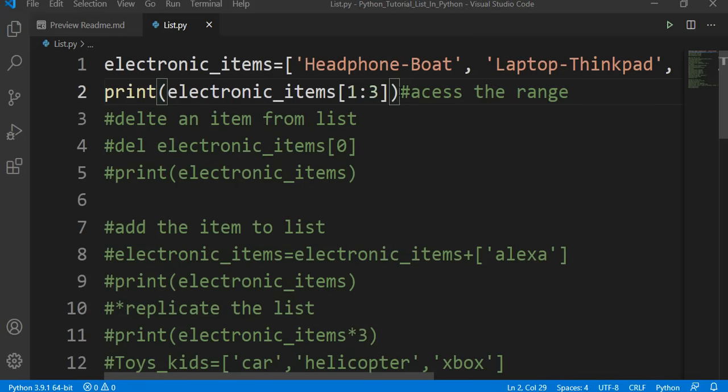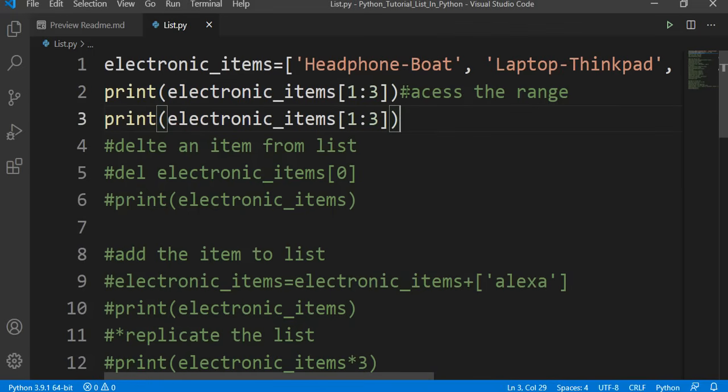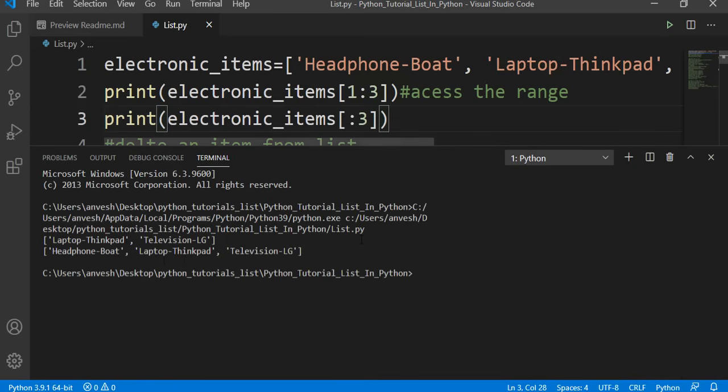I hope you remember, whenever we want to access more than one item from a list, we have used a range of index. So this was our syntax for accessing more than one item from a list. Suppose instead of mentioning the first value, if I give it blank, what will get printed? So let's check. Let's run this and check. So here you can see that headphone, laptop and television got printed. Mobile phone didn't get printed because here I am mentioning the end of this list as 3, index number as 3.